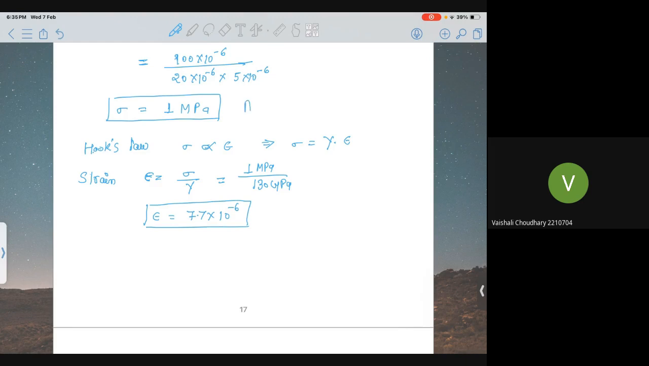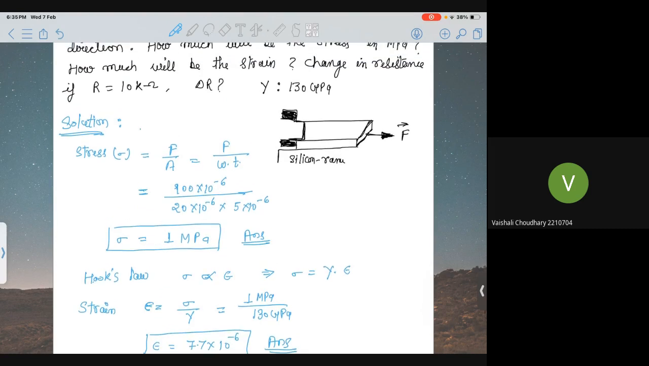So we have calculated the stress experienced by the beam when we are applying a force in the longitudinal direction of 100 micronewton. And similarly, we have calculated the value of strain. Okay. Now, in the second part,